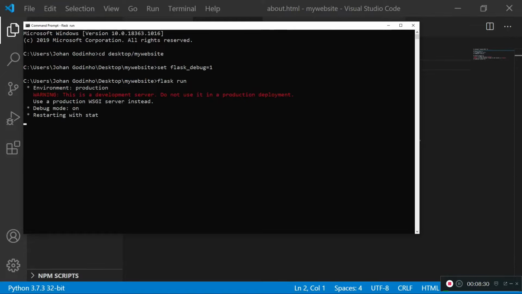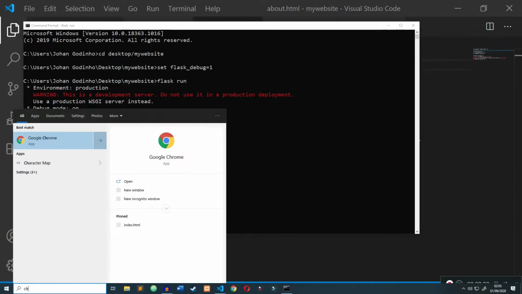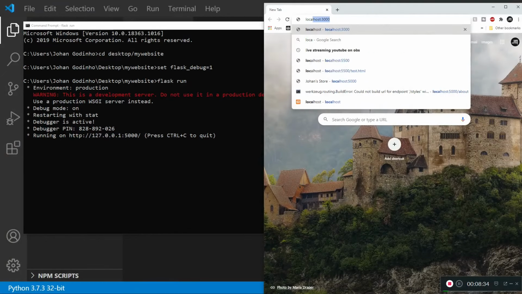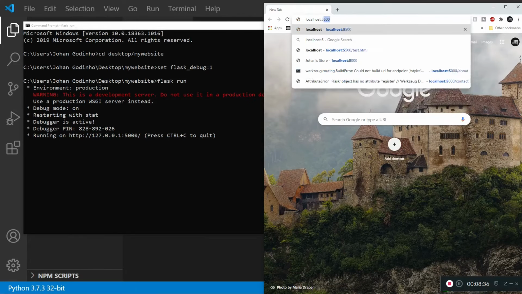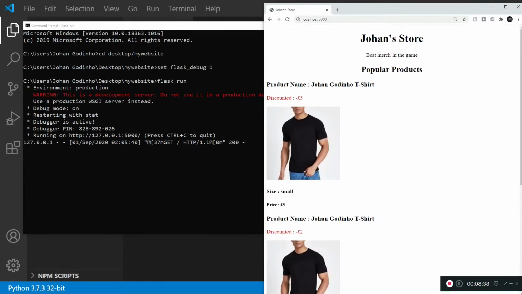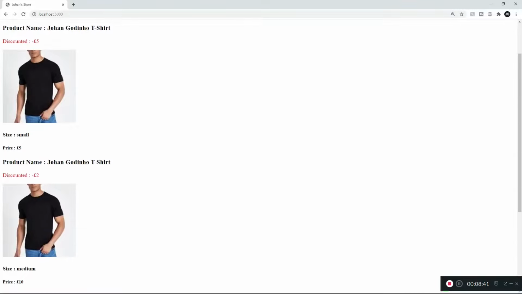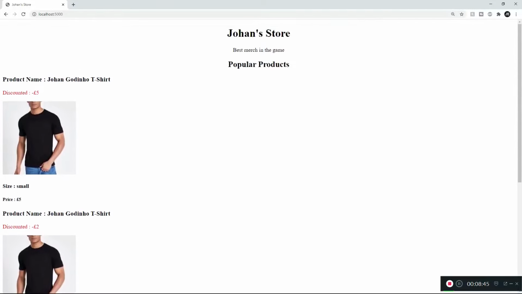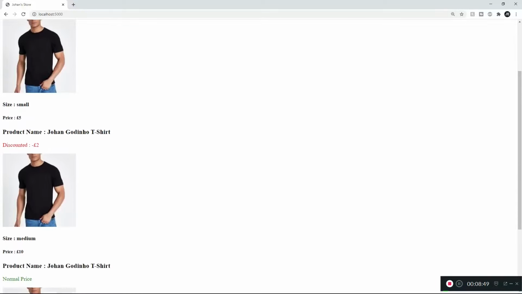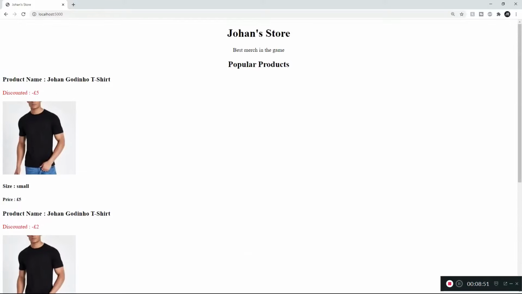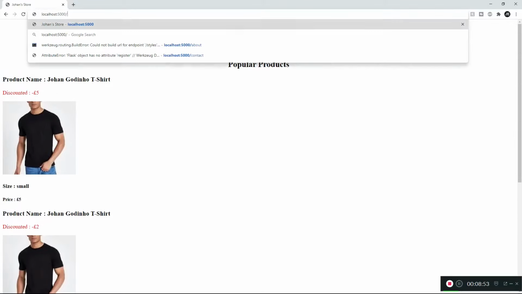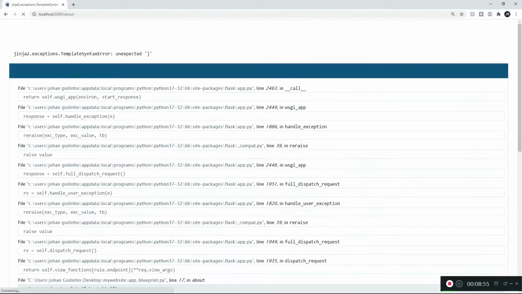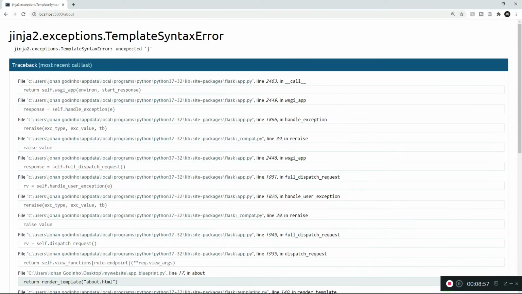Cool. Now I'm gonna go ahead and open up a Chrome window so I can show you guys what my website looks like. So localhost 5000, and we have a connection. As you see right here, we have a pretty basic store going, so a concept of a store. And in the last tutorial, we also learned about how to use conditionals to show relevant information on specific items. So I'm going to go ahead and navigate to my about page by typing in about, and we have an error. It says unexpected